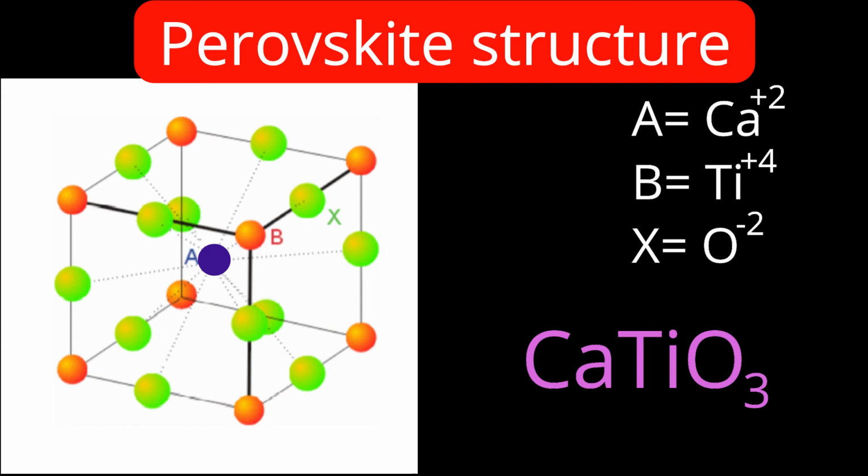I hope you will understand. Consider any x direction, y direction, z direction. If those are the positive sides, then for negative sides, those many oxide ions will be there. So in all 6 oxide ions. So the coordination number of titanium plus 4, as per our prediction of the radius ratio rule, is valid, it is 6. But the calcium ion's coordination number predicted was 6 and found is what? 12. Are you getting this point?